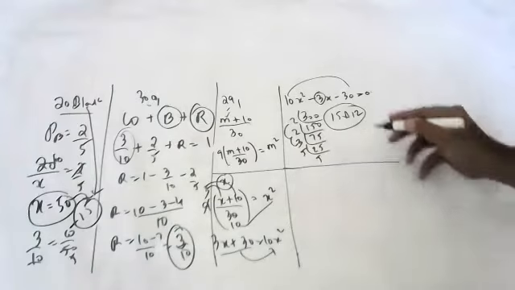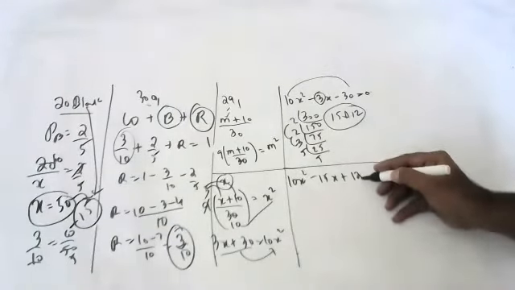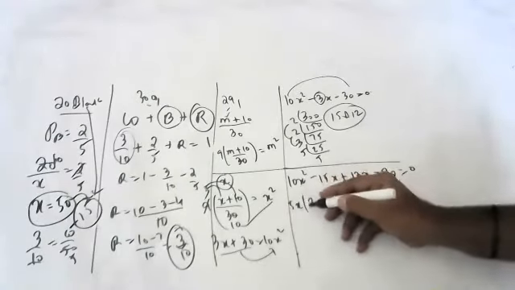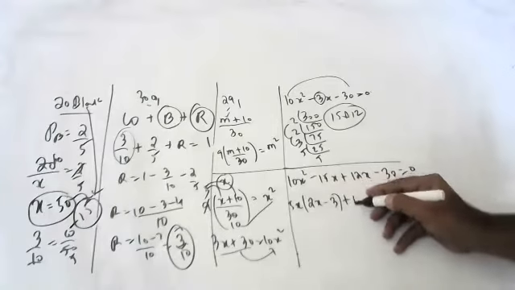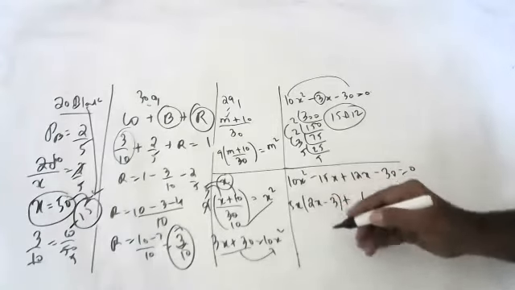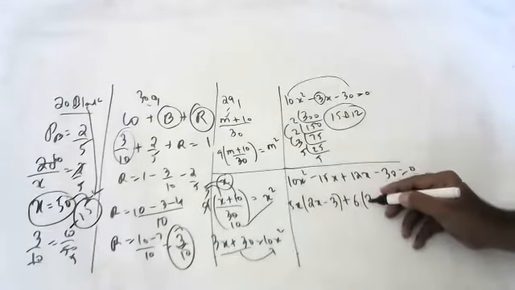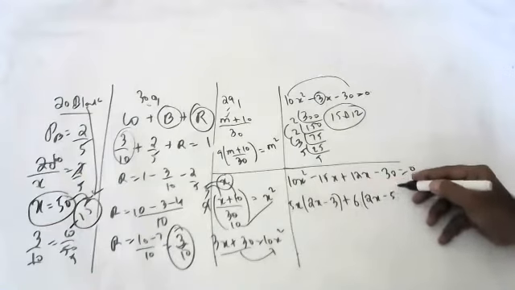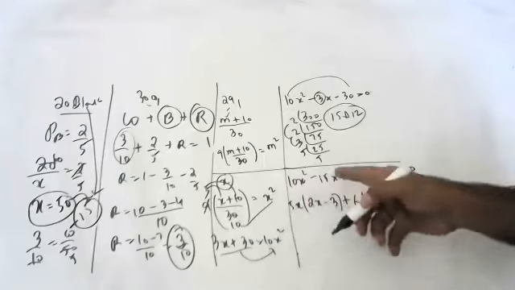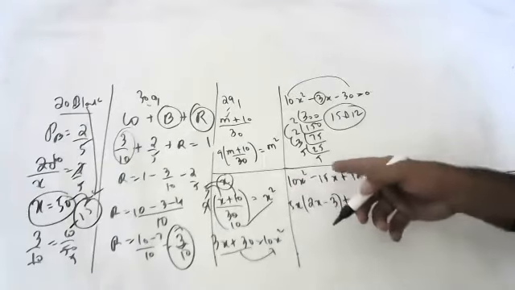Okay, children. So tell me, children. So 10x square minus 15x plus 12x minus 30 is equal to 0. 15x common. Okay. 5x common. 2x minus 3 plus 4 common. 6 common, sir. 2x minus 5 is equal to, but 5 no. 2s are 5, 2s are 5, 3s are 6, 2s are 6, 5s are. 15 2s are 30.